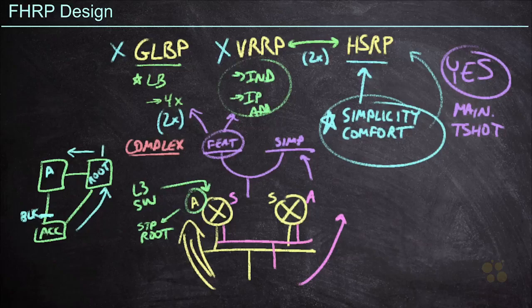Because if instead the active is on the right and the standby is on the left, so the left is no longer the active, well hey, now our communications can go straight up and down between the active node and the access layer switch. Incidentally, by the way, if this is a data center environment, we're running virtual port channels,